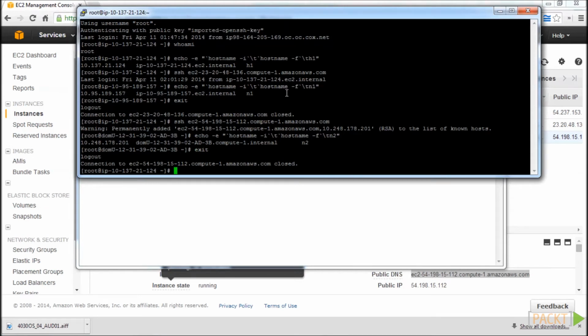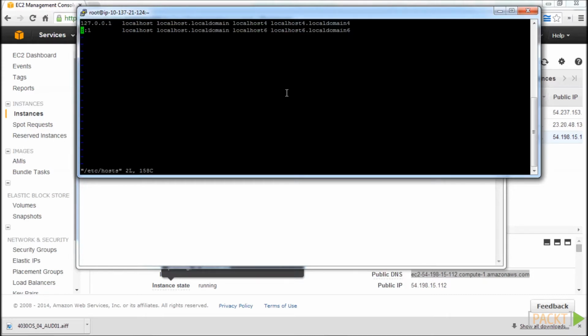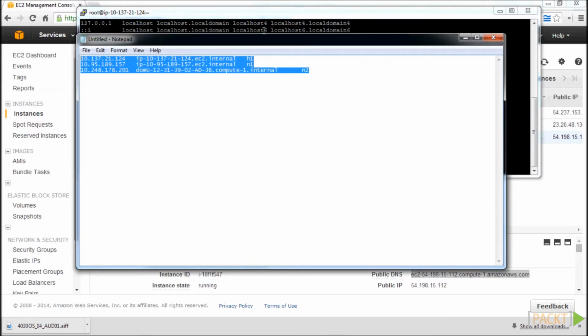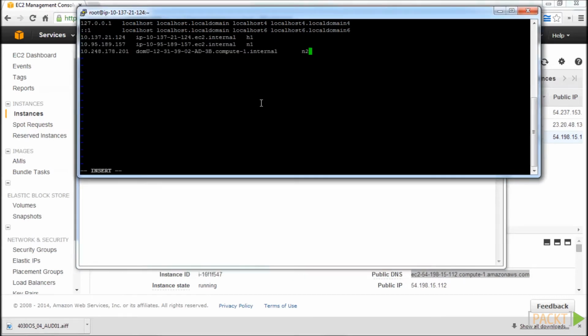Now that you have the notepad file with all the necessary information you need, type in the following to open the host file on the head node: vi /etc/hosts. We go down, we put the system into insert mode by pressing the i button, and then paste. We're going to want to copy and paste all this information that we just saved in the notepad. We do that, press escape to leave insert mode, hold down shift and press Z twice for capital ZZ, that